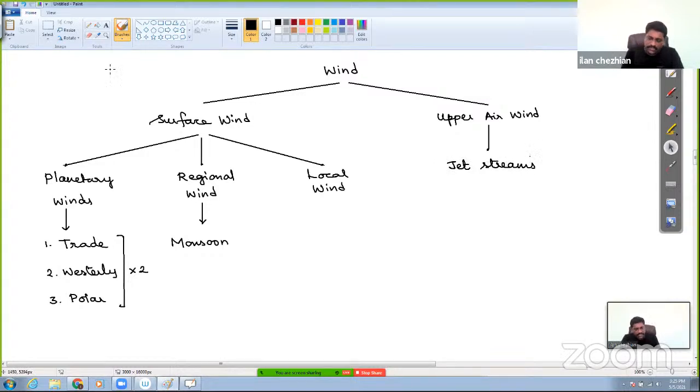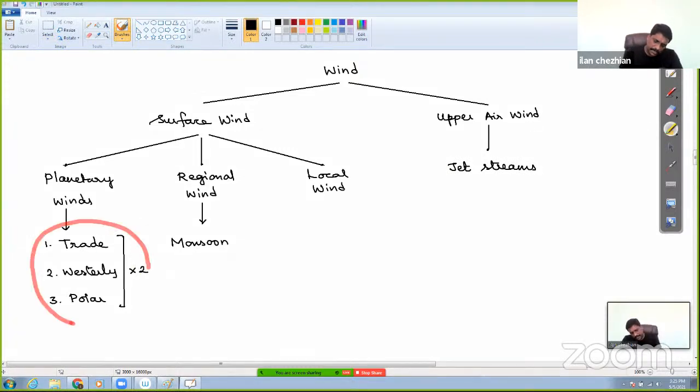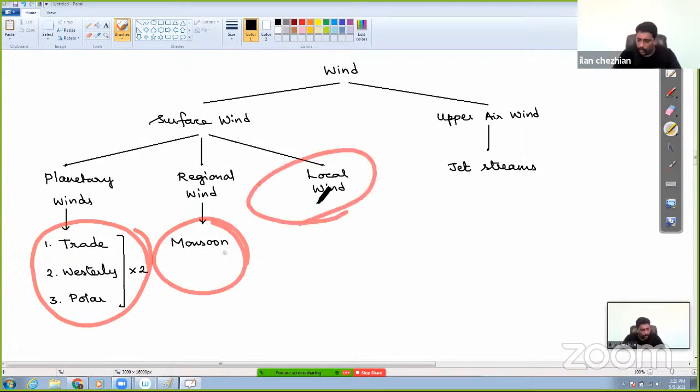Right, you call them as what? Jet streams, my friend. Right, you call them as what? Jet streams. Okay. And my dear friends, all these winds, planetary winds, regional winds like monsoon, local winds, jet stream,